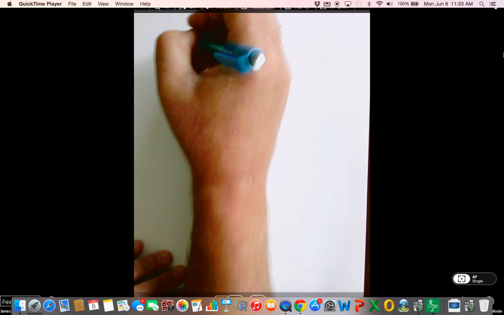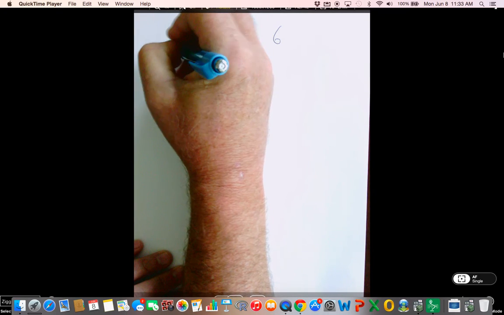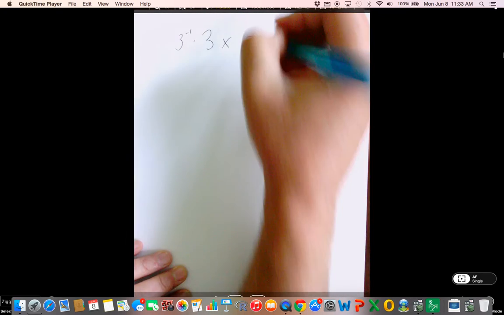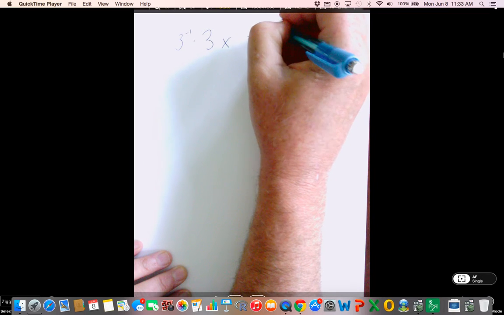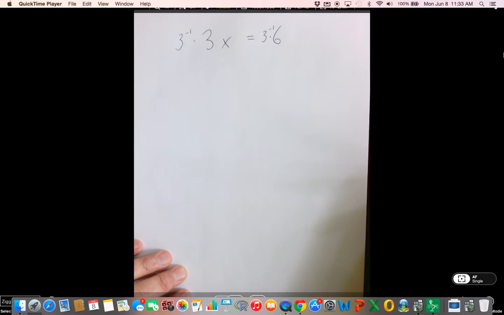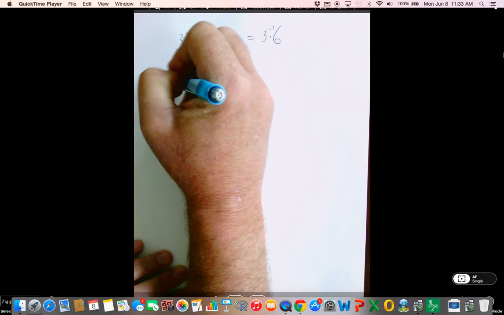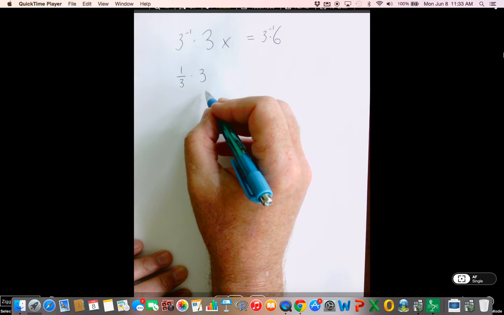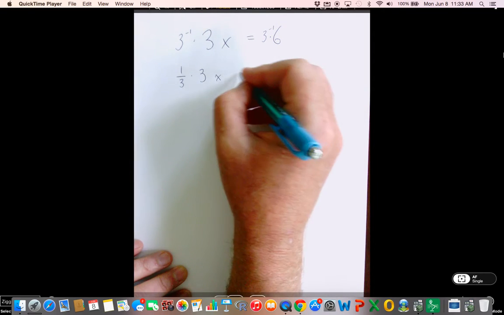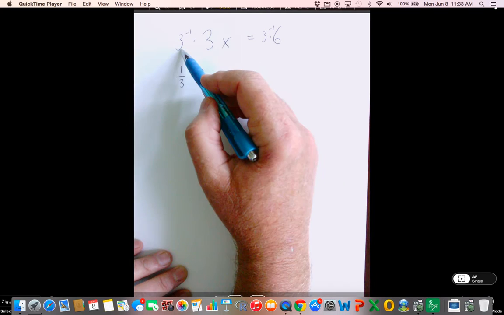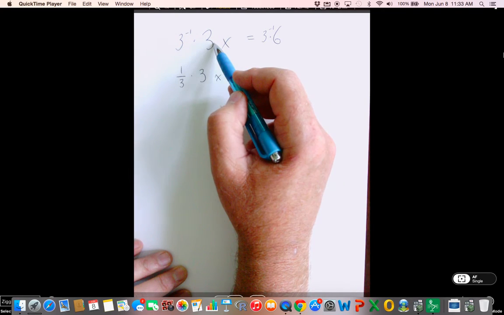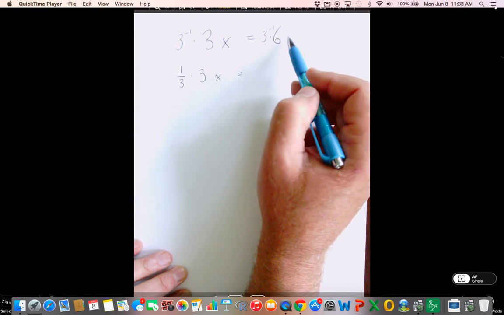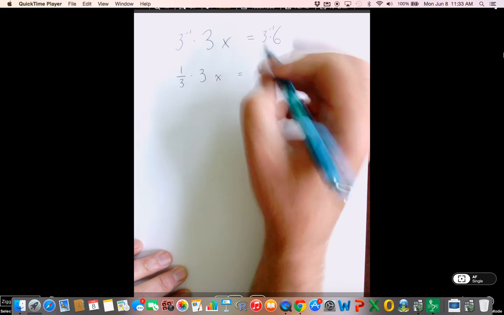We would multiply times the multiplicative inverse, 3 to the negative 1 power. We would multiply by the multiplicative inverse of the side that I want to get rid of the 3. And real numbers are commutative, so I can multiply 6 times 3 to the negative 1,